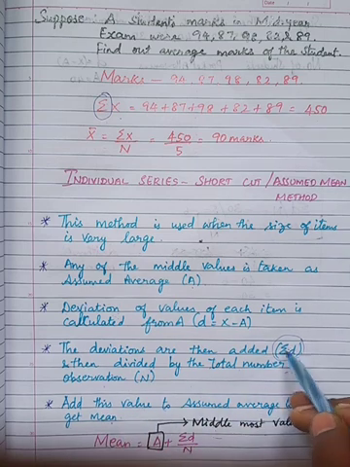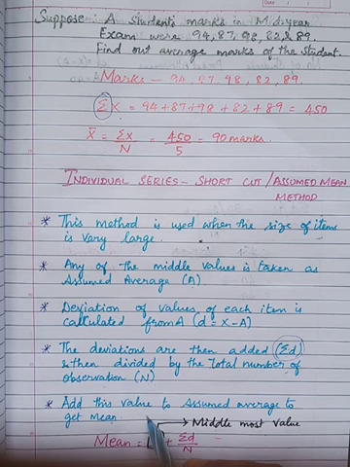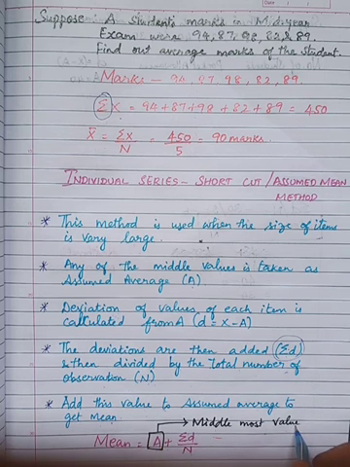Then add this value to the assumed average to get the mean. So sigma D divided by N, along with this we add the assumed mean to get the mean. Okay children, so the formula is A plus sigma D by N, that is, A plus summation D by N. You can say sigma, or otherwise consider it as summation. As I said, A is the middlemost value of the sum. I'll give an example.